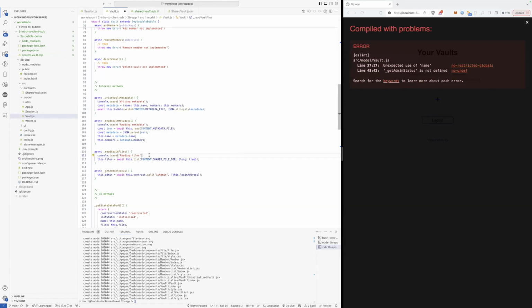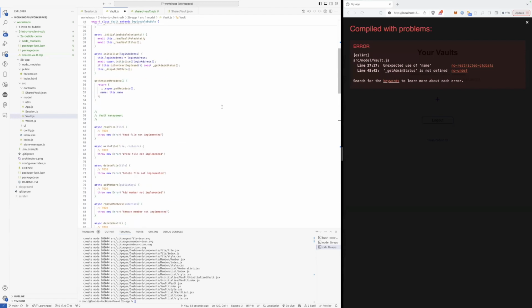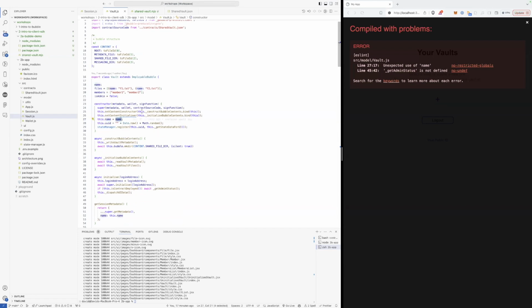Files. On Copilot, it's been a bit slow. All right. Well, let's see where we are then. So Vault line 27, unexpected use of name. So name comes from metadata. So we want metadata.name. And let's add an assertion so that we can